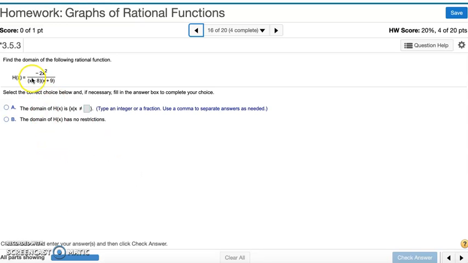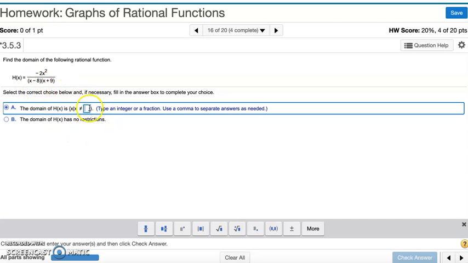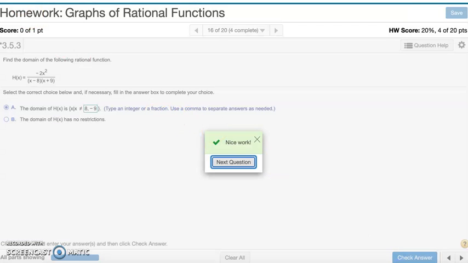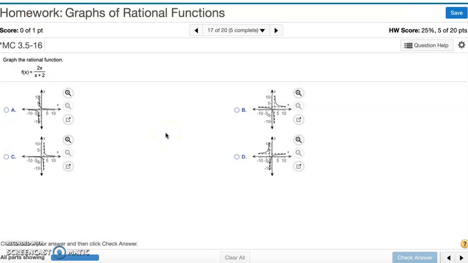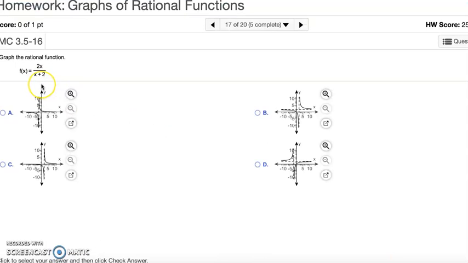To do that, set each of the expressions in the denominator equal to 0, and you'll get 8 and -9. So the domain is going to be all real numbers except 8 and -9. And that's number 16. Number 17, graph the rational function. So zooming it in,